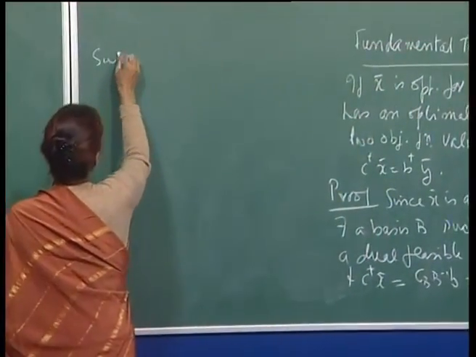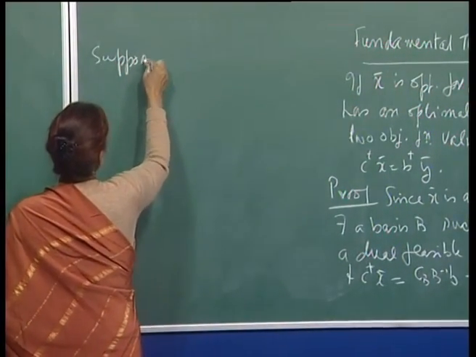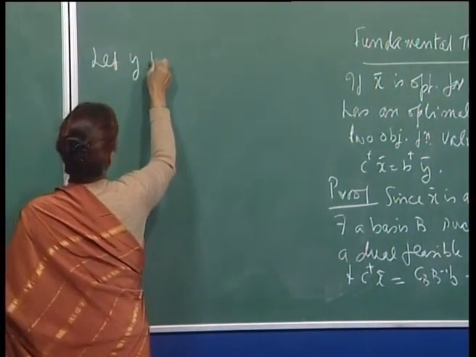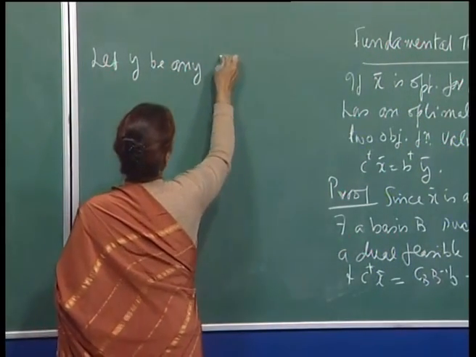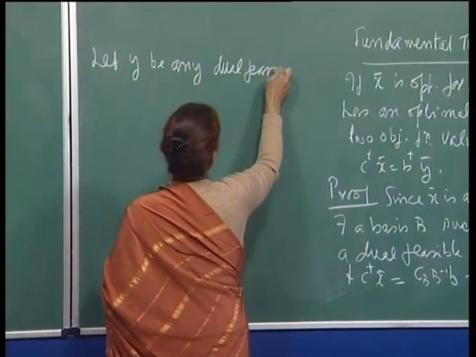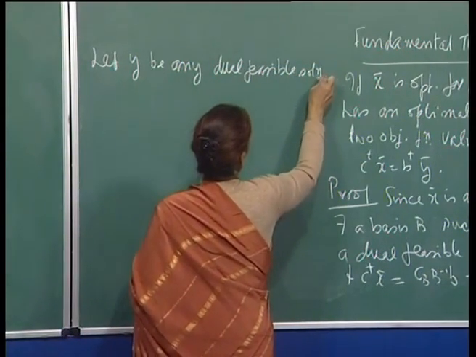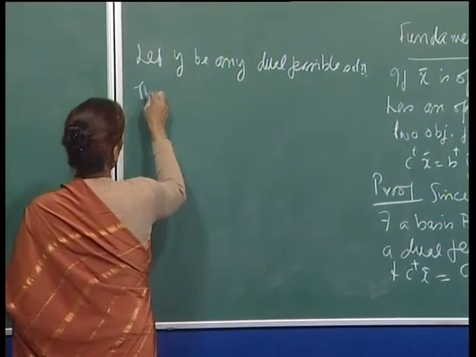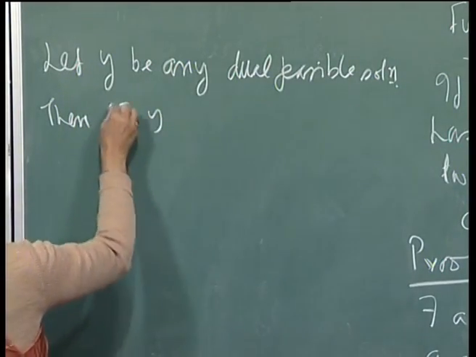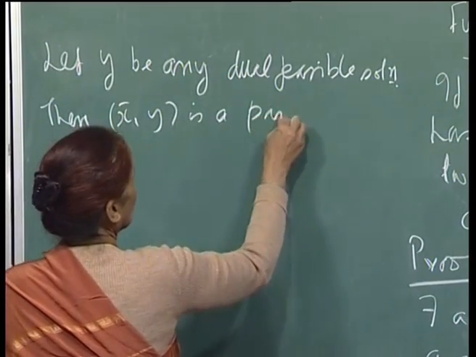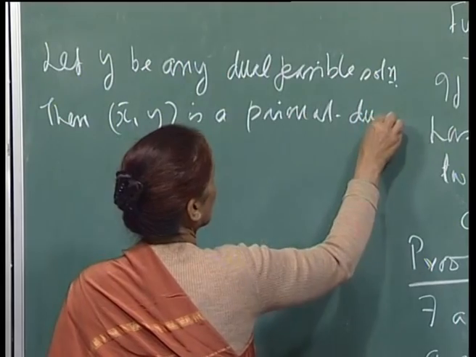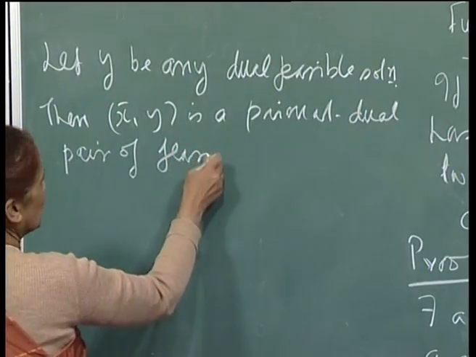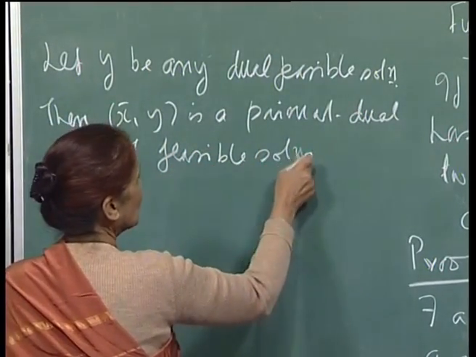Now, let y be any other dual feasible solution, then x bar, y is a primal dual pair of feasible solutions, and